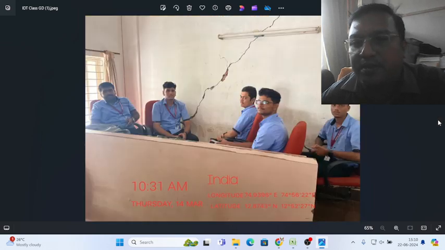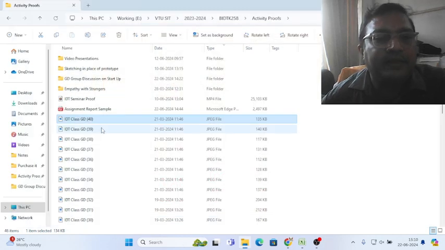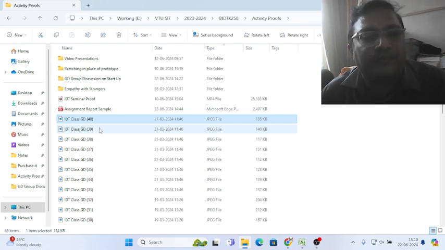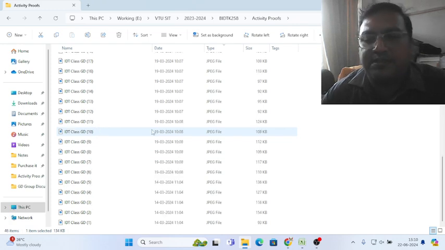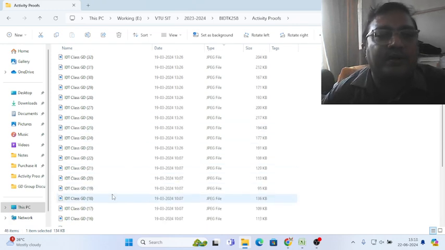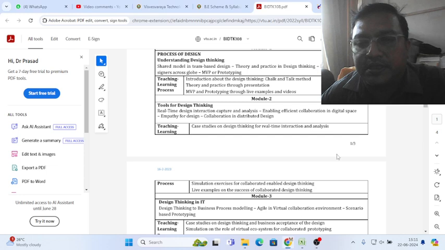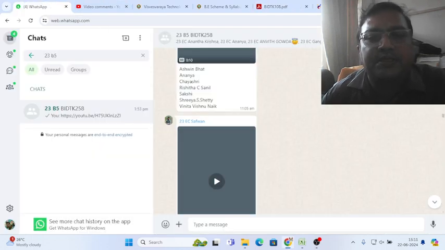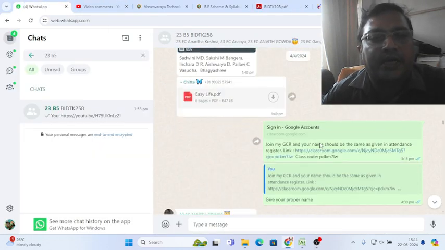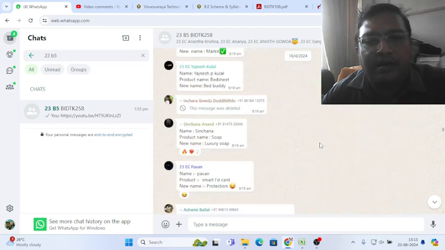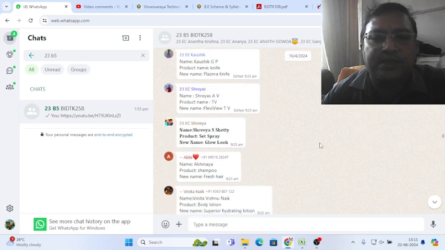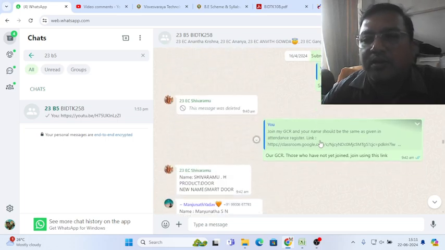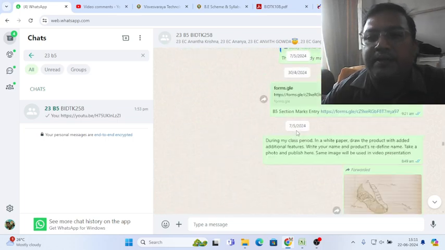Based on their product they have to frame a company name. Based on that they need to give the different policies of their company, which they have shared in the WhatsApp group. This is just to help them understand that there is a startup company concept, and the startup company should have its own policy. They should have their own logo, and the logo should be created separately.